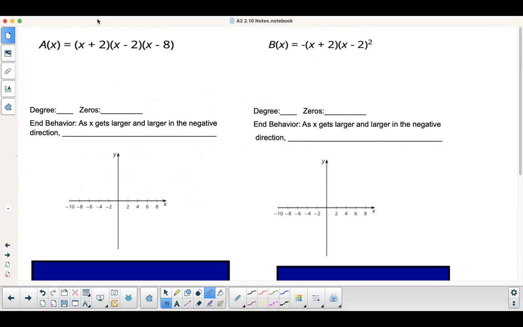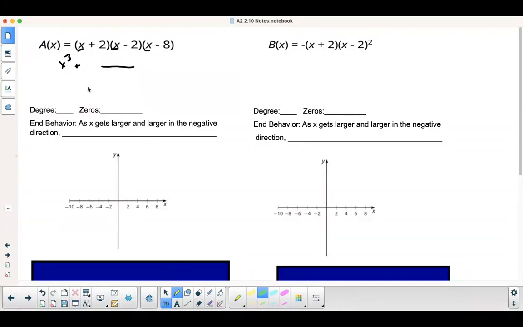All right, so here's some examples. We're going to find the degree. So to find the degree, you take the highest power in each factor. So my first term is x cubed. I don't care about the middle ones. I do want to know what the y-intercept is. So I'm going to multiply